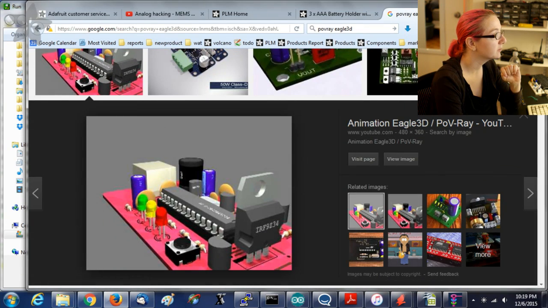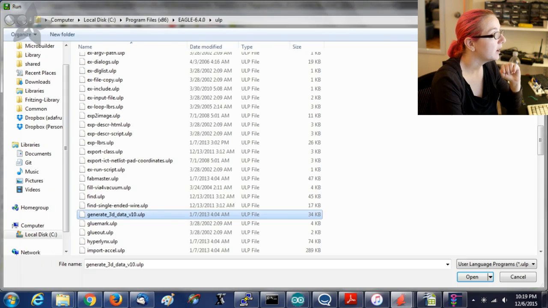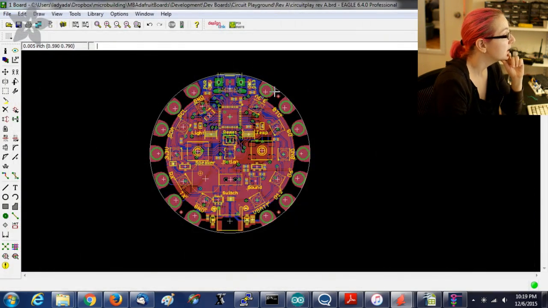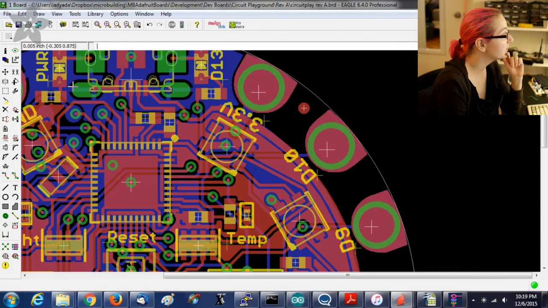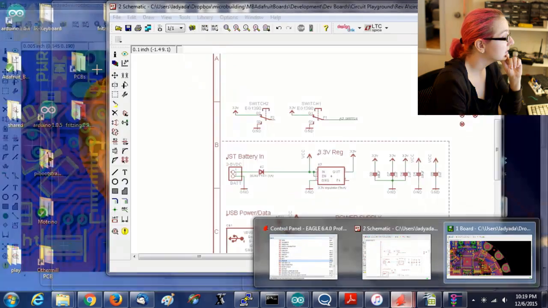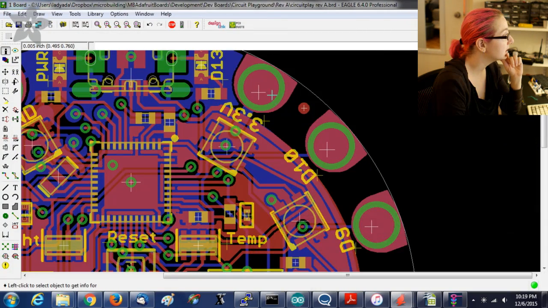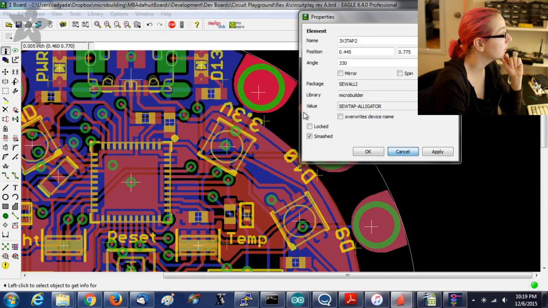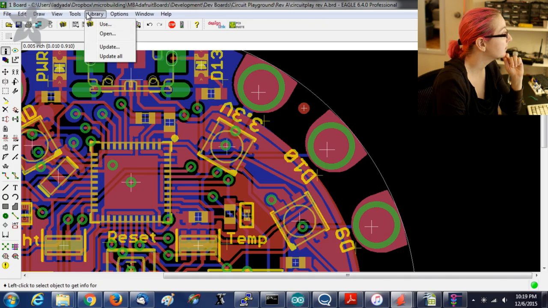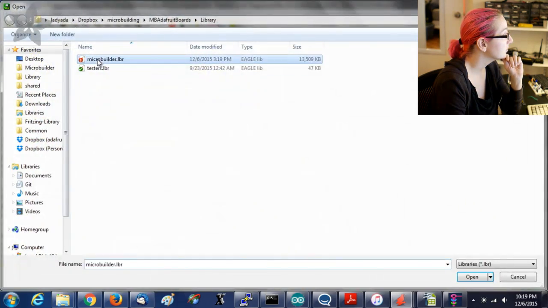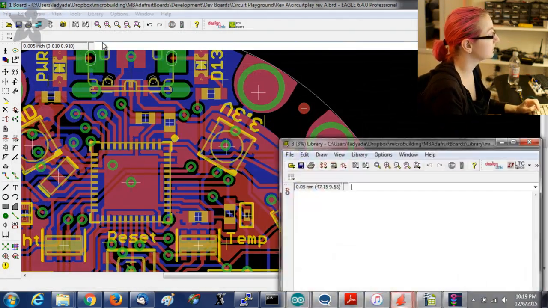Last question. How do you make the pad so big? How do I make the pad so big? So it's a bit of a hack. So in the library,